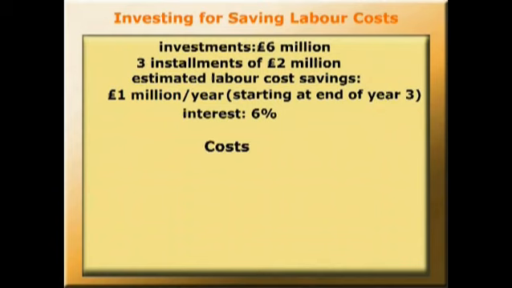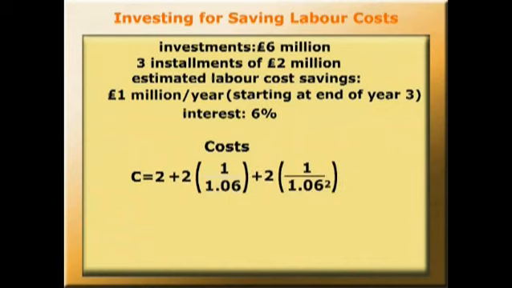First, let's focus on the costs of the investment. So the cost of the investment is going to be less than £6 million because the payments are staged. We can express it like this. C, the cost, equals 2 plus 2 times 1 over 1.06 plus 2 times 1 over 1.06 squared, recognizing that